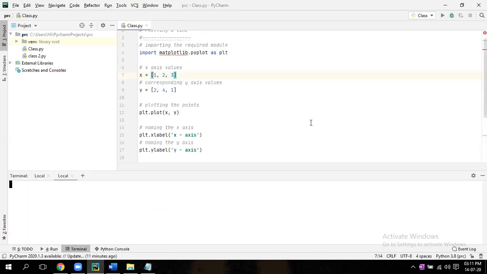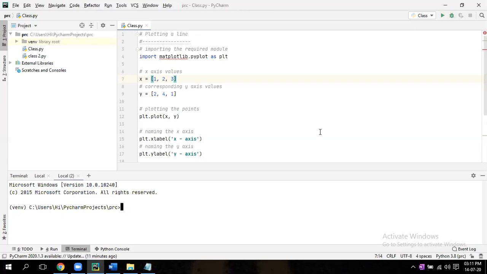Open in terminal means it will come as a command prompt. Here it will come as a command prompt, or you can go directly to the command prompt also.